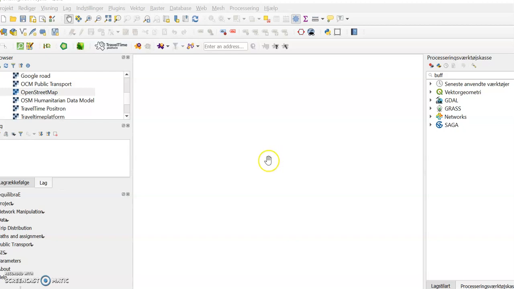I will make this public transport analysis into two parts. In this first part, I'm going to show you a tool you can use for public transport analysis based on routing, meaning that if I travel from two points, there is a tool that can calculate what route I should follow and what public transport modes I should use. And the same tool can be used to analyze how far from any given location I can travel by public